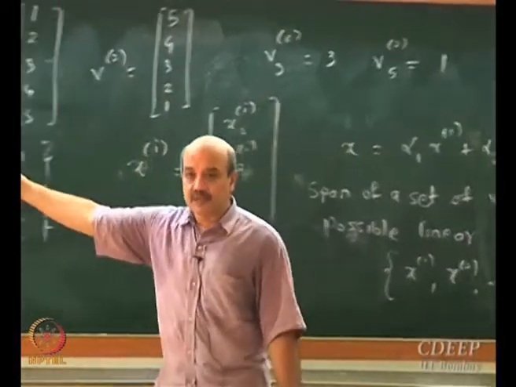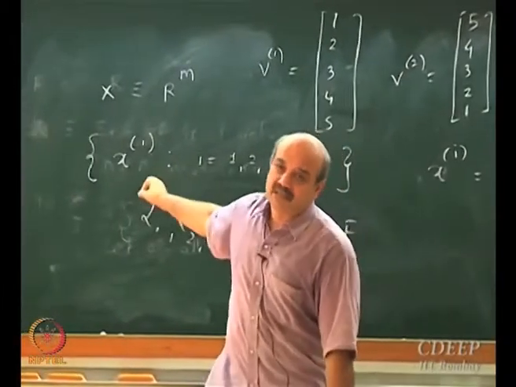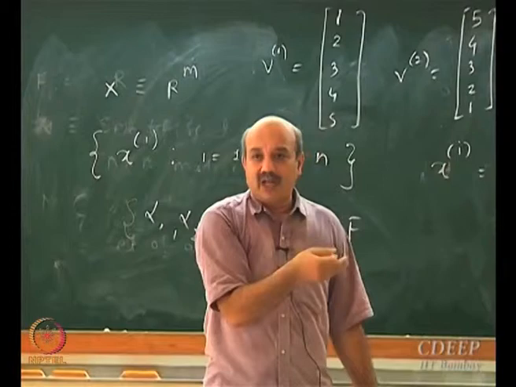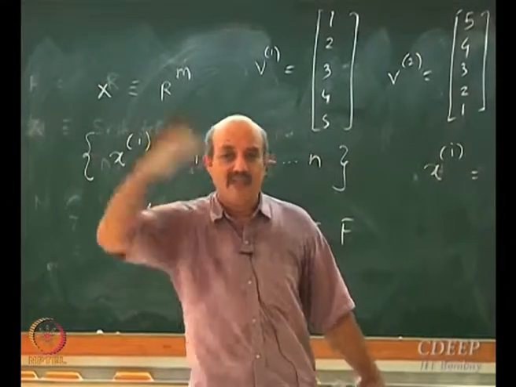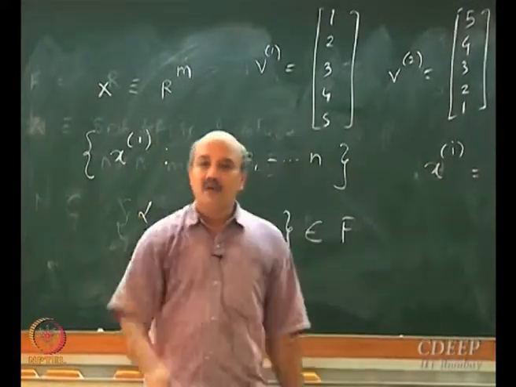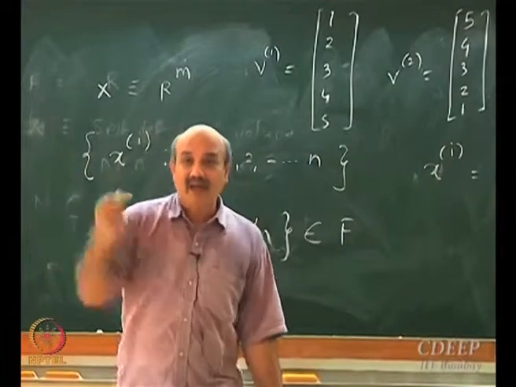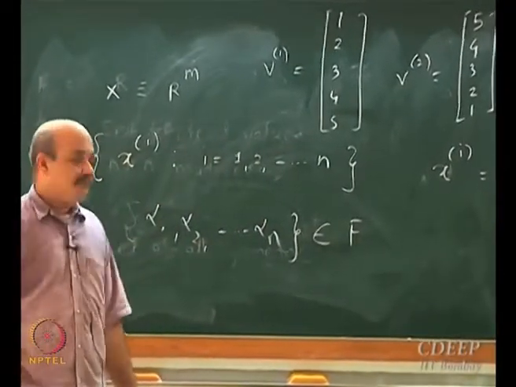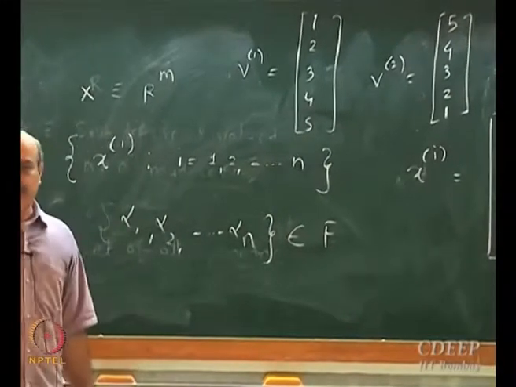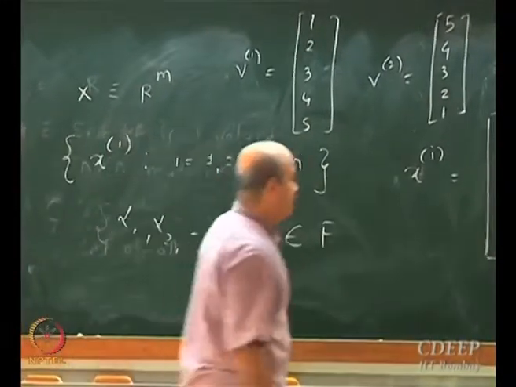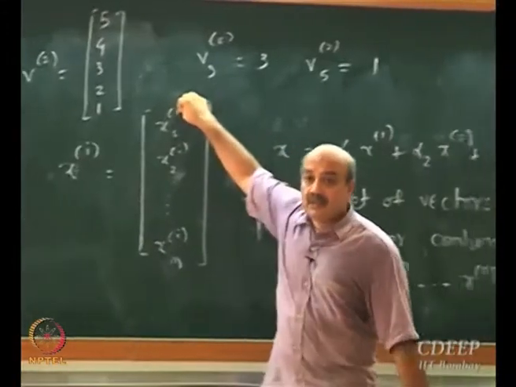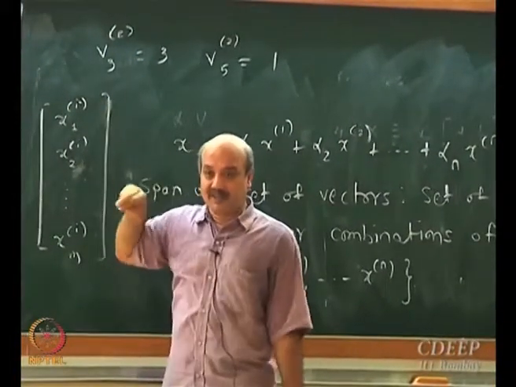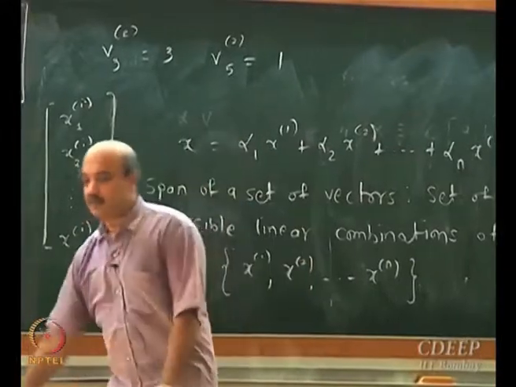Now, these kinds of things do appear in numerical methods, in computations, because we do iterative procedures. You start from one vector and then you get another vector and then you get another vector. So you have a sequence of vectors, and that's where you need this somewhat complex notation. Sometimes we develop algorithms in which we need to worry about this superscript and this subscript together. That's why we need to have this notation.